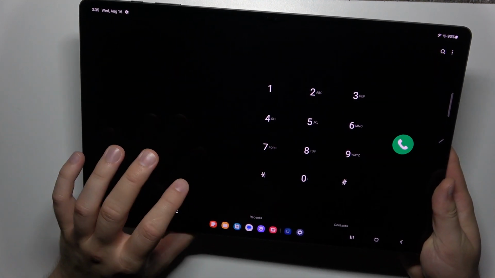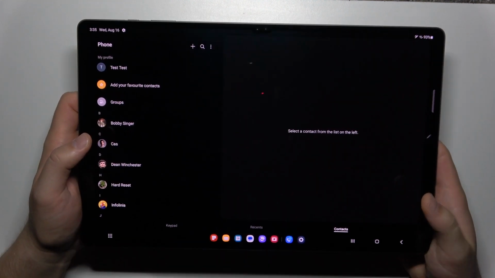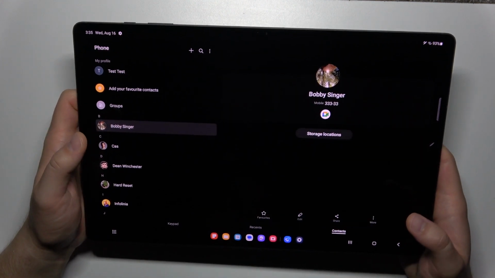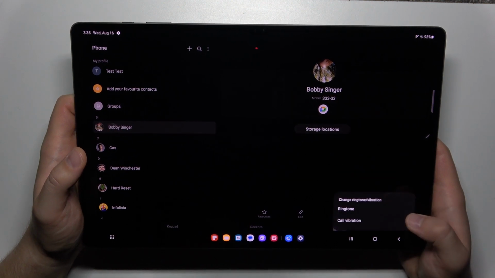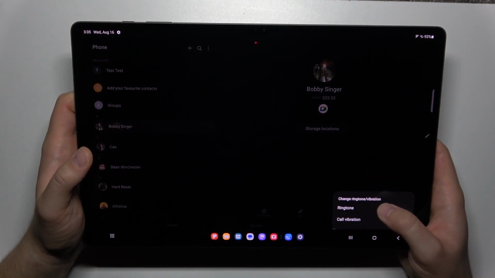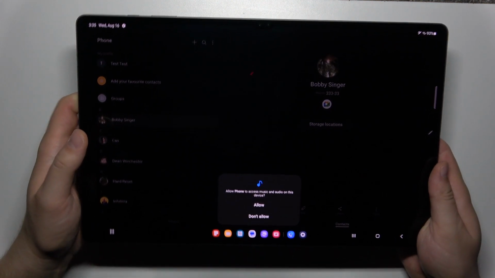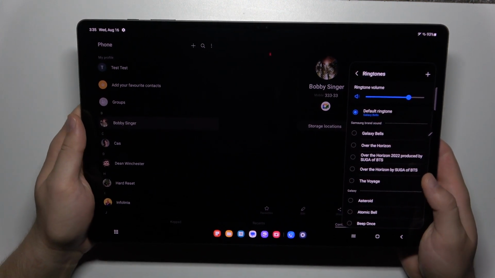I'm gonna actually skip this one, and we have to go for the contacts on the right side, then click on the contact and tap on the more. Select change ringtone and the vibration, and here we have to select the ringtone, accept the permissions, and as you